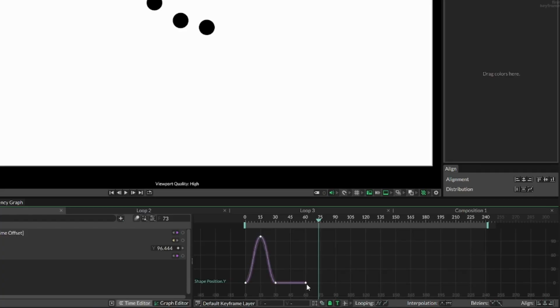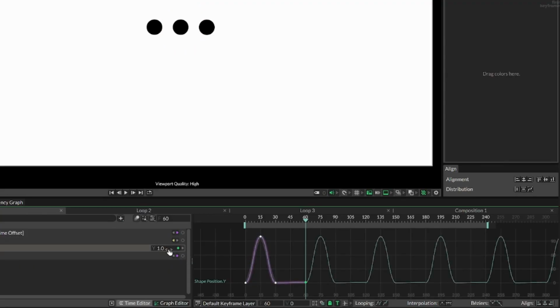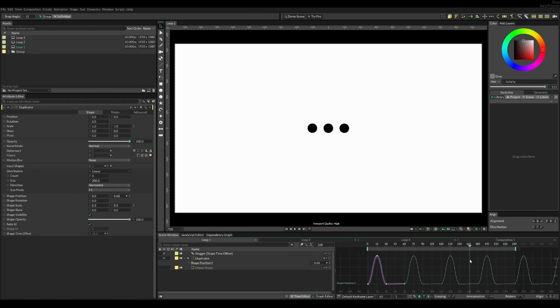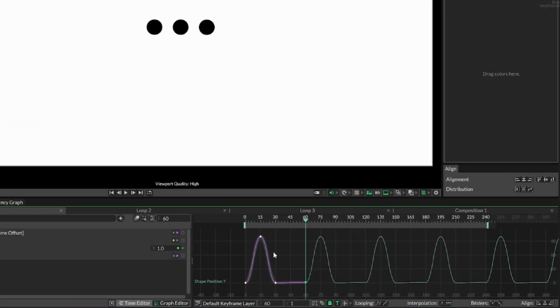And I found this weird thing that if the first and the last keyframe of the looping is set to the same value, it's not going to show this indication of the looping. But if we, for example, change the last keyframe to be a little different, for example, a y value of 1 instead of just the 0 that it all starts with, you're going to see that it has this indication that it's looping. I don't know if this is a bug or it's done on purpose, but I just wanted to point it out. However, for this animation, we kind of have to have the first and the last keyframe be the same, so I guess we just have to live with the fact that we can't really see